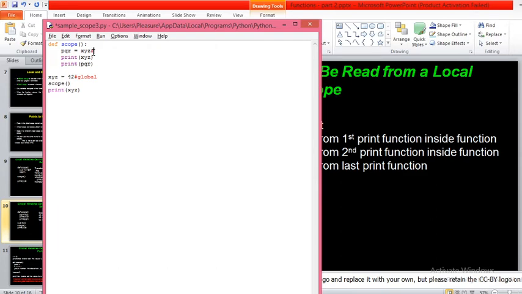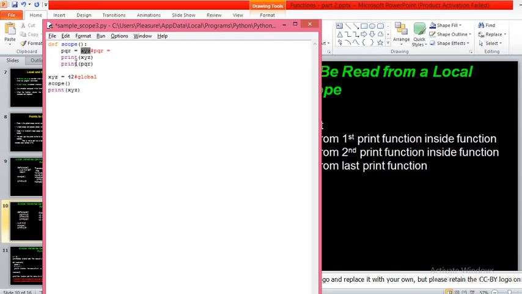Here in this line, it will take pqr equals xyz. What is the value of xyz? 42. Now you tell me, is this xyz a local variable or global variable? It's a global variable. xyz is in the global scope, and we are trying to access it in the local scope.